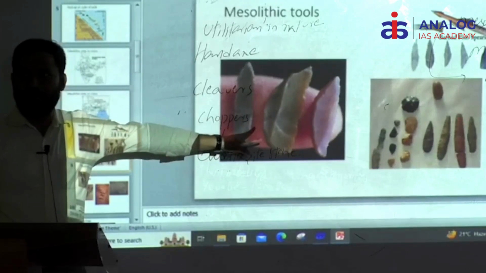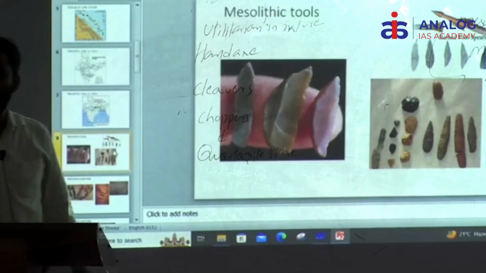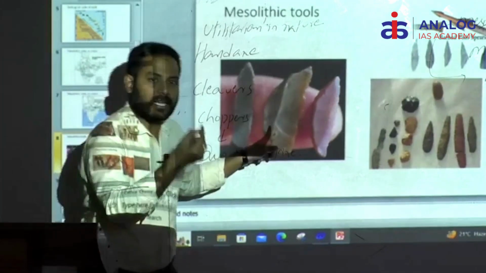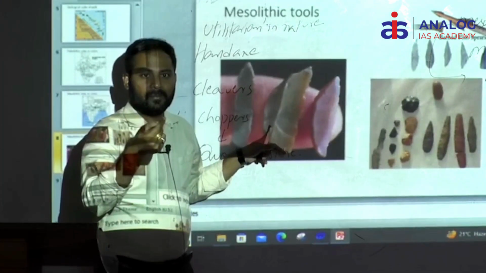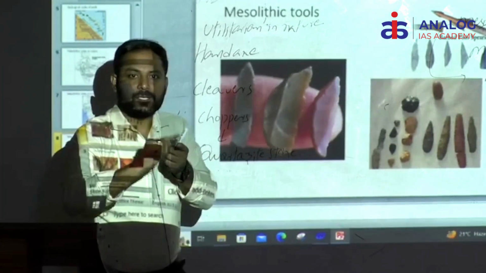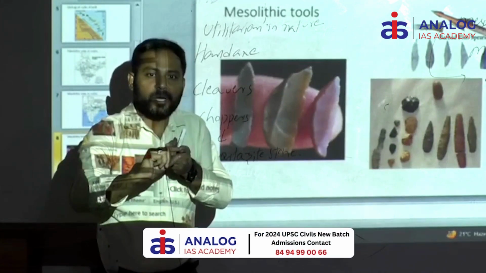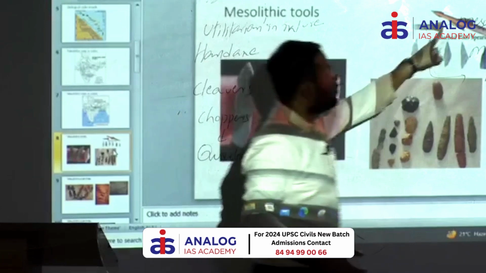The tools that he used in the microlithic phase. Micro means what? Small. Lithic means stone. Now he has reduced the size of the tools. Now he made sharp points and sharp blades, and these sharp points and sharp blades were tied to